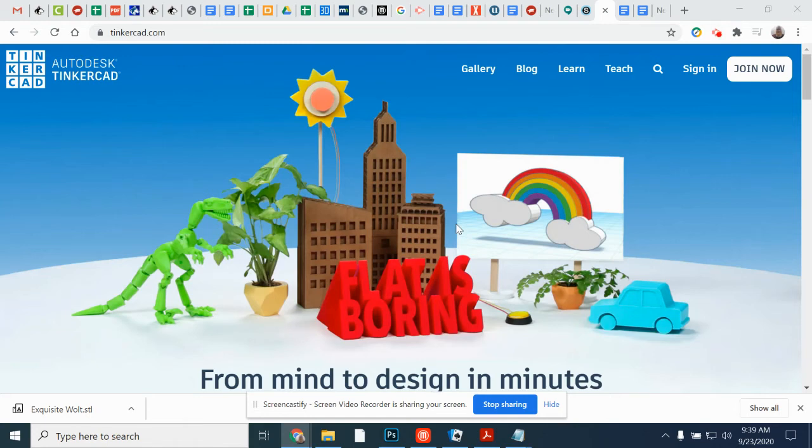Okay, I'm going to show you guys how to do the image using Tinkercad. Tinkercad's an online Autodesk program that is used for 3D design. So to start with, you're just going to go to the website of tinkercad.com. That's Tinkercad.com. You should see a screen that looks like this, and you're going to click on Join Now, because I